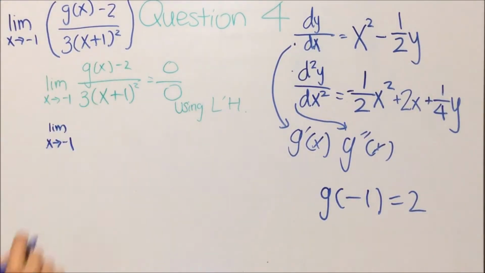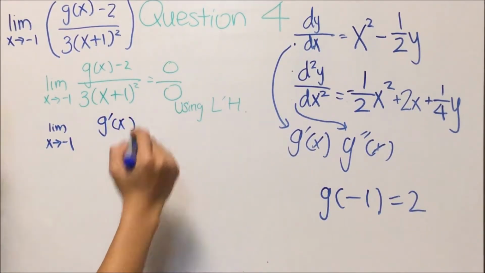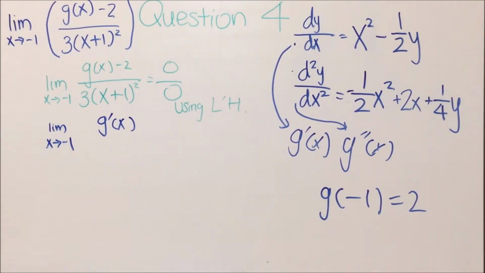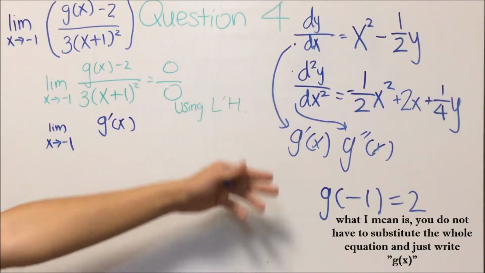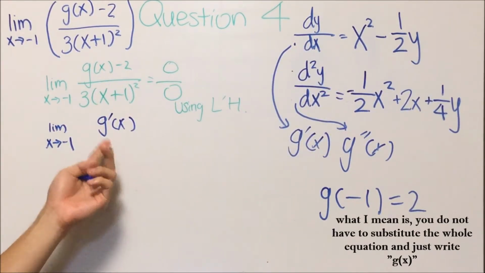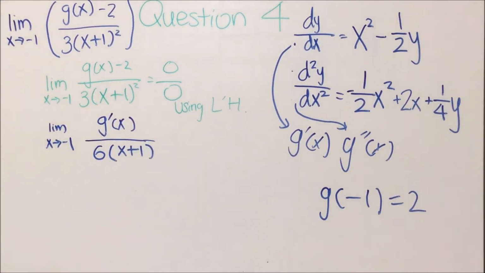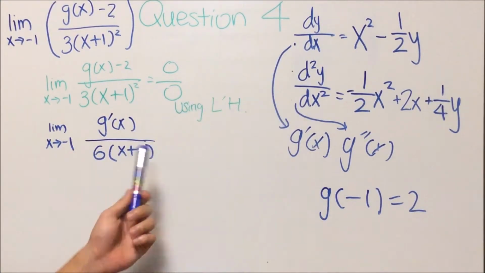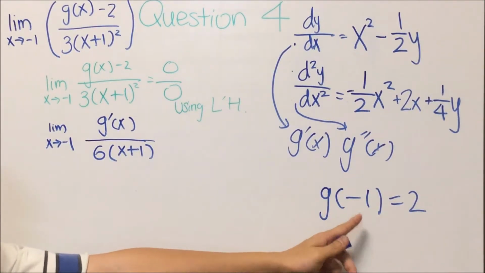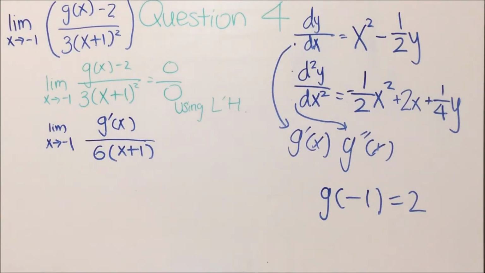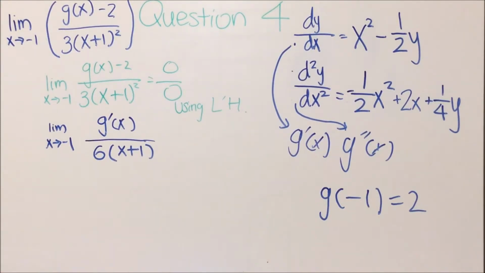So if we differentiate this, it'll be, like we said, g prime. Oh, before that, to not waste your time, because part C gives y is equal to g of x, you don't have to substitute this in. You can just say g of x and g prime of x over. So let's plug in the given points. At g of negative 1, it'll be 2. Let's plug into this equation, dy dx, because that is g prime of x. So if we do that,